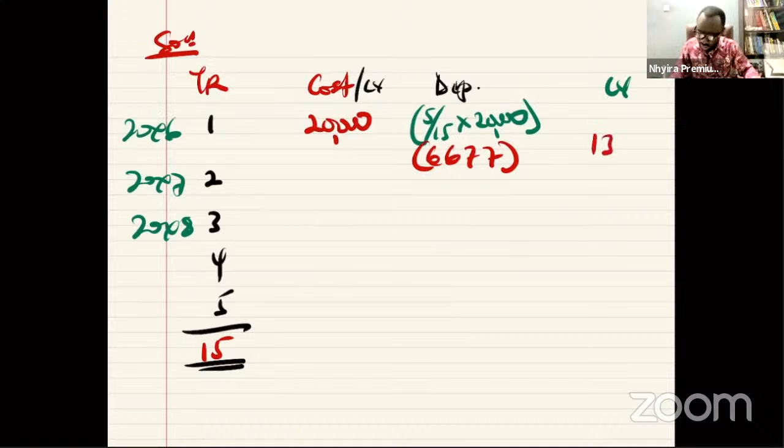So I'm getting 13,333. That's the current amount at the beginning of the first year. Now remember, we are preparing the account for 20x8, so our focus is on 20x8. So in year 2, our carrying value will be